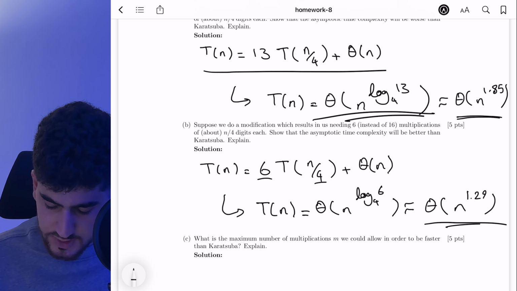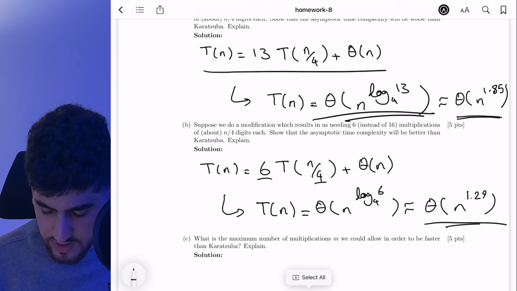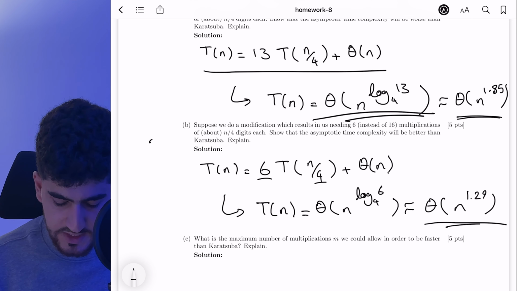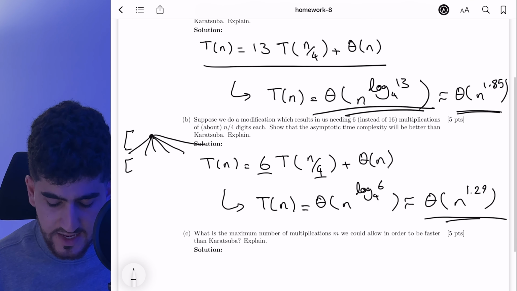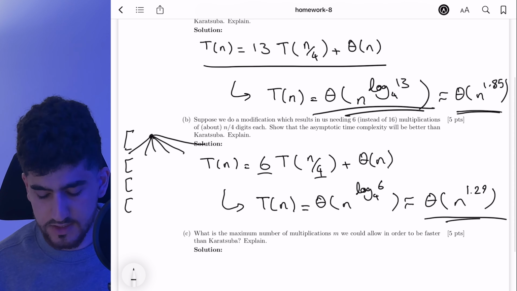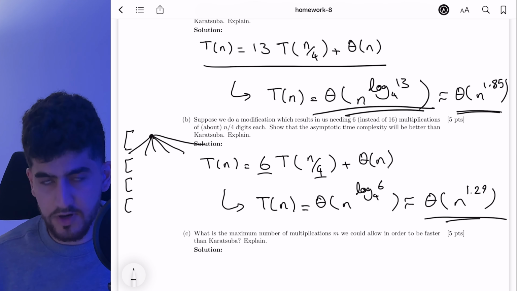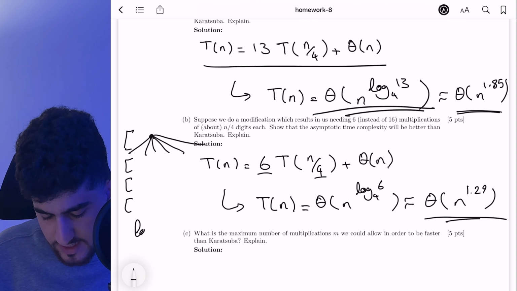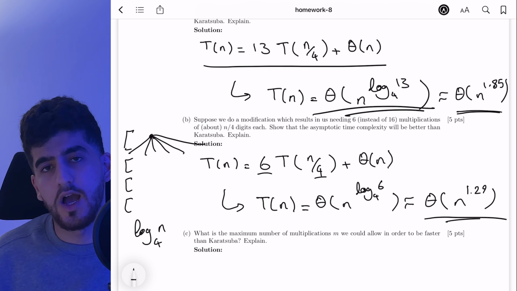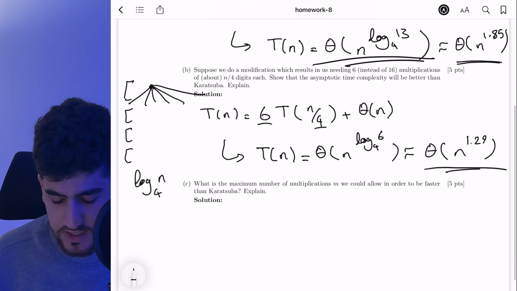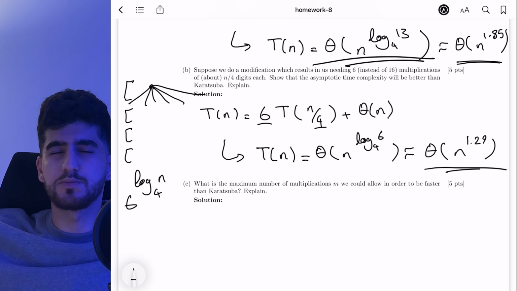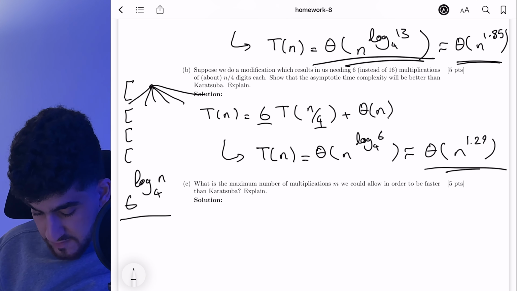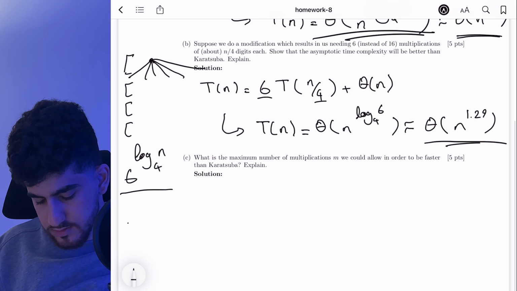If you want me to explain that, for example, in here you have 6T of n over 4. So each layer that you go downwards, it's going to be 6 branches, but n will be divided by 4. So how many layers do you have if you go like this? The number of times you go down is going to be log of n in base 4. How many leaves do you have in your last level? It's going to be 6 to the power of this, because each time you will have 6 branches. So this is going to be the number of leaves, and this is easily equal to 6 to the power of